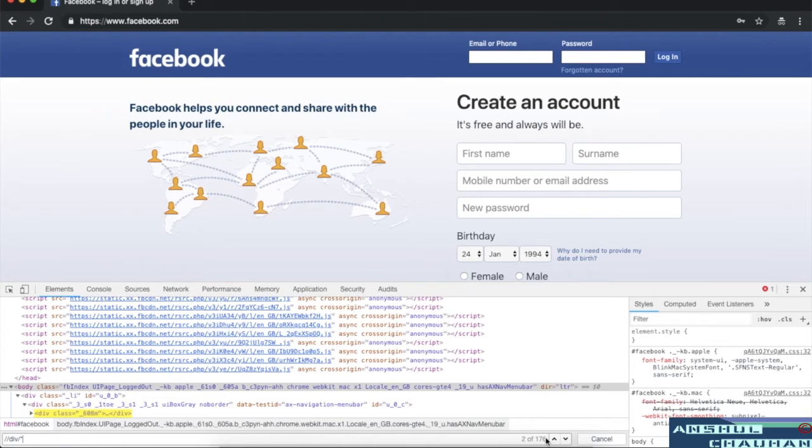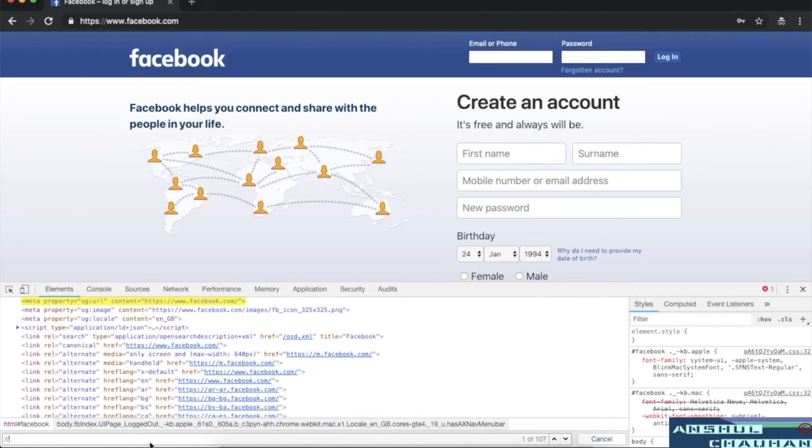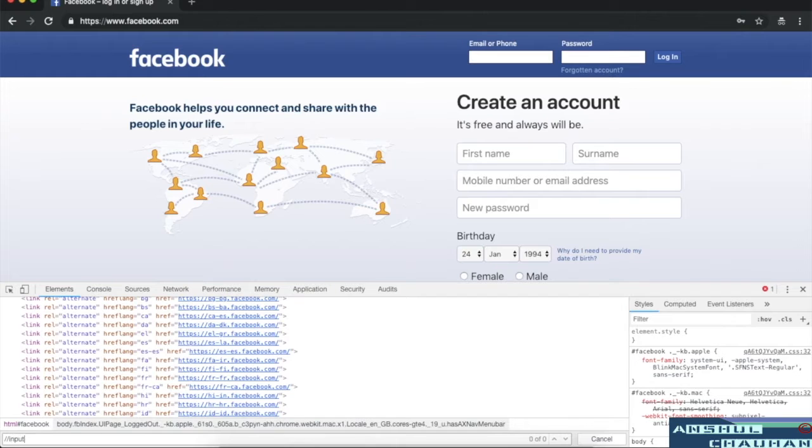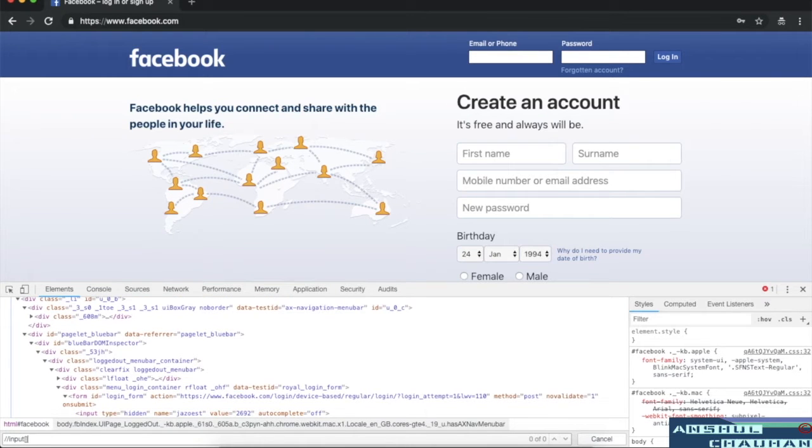Suppose you want to verify how many web elements are present inside the input tag, that is, how many input fields are available on this web page. We can identify them like this: double slash input, open and close square brackets, put at the rate and asterisk. Hit enter.